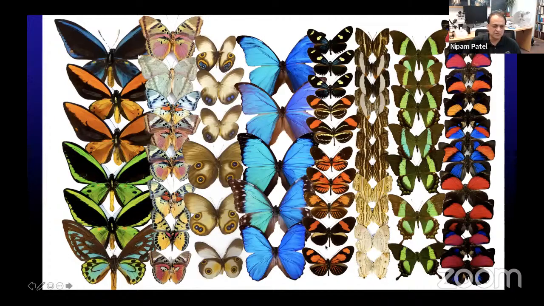But what I've turned my attention to is a slightly different question, which is how colors are generated in the wing. And a very special set of colors, primarily the blues and greens. And as I'll explain, these are not generated in the standard mechanism we think of pigments, but in a phenomenon known as structural coloration.